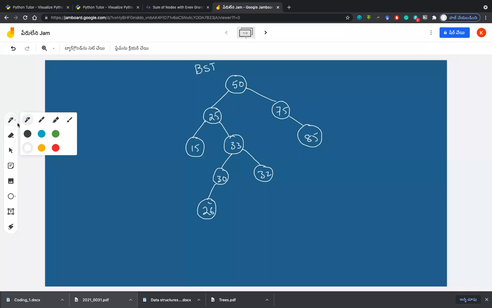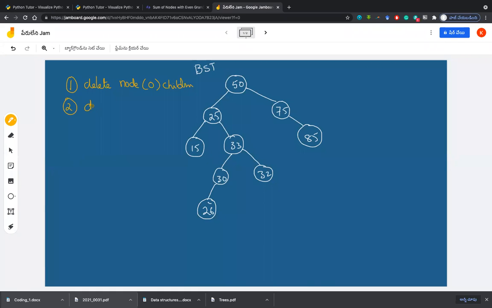Now, for deletion, I have a few cases: delete a node with 0 children, delete a node with 1 child, and delete a node with 2 children.